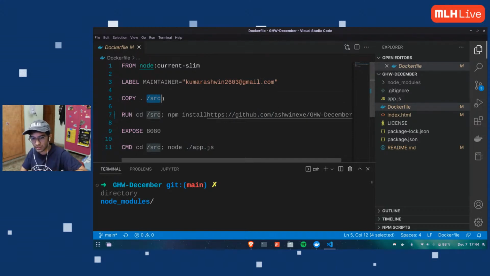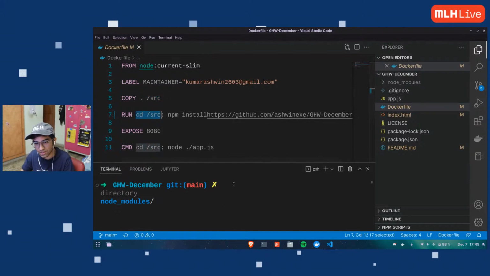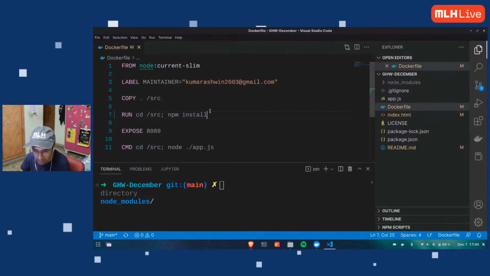So the container is an empty box. I want everything there, not inside any folder. Then I'm going to make sure I am in that directory. So cd is change directory, and then I'm going to install. I'm going to make sure I have all the packages installed inside the container. All of this is happening inside the container in the image.